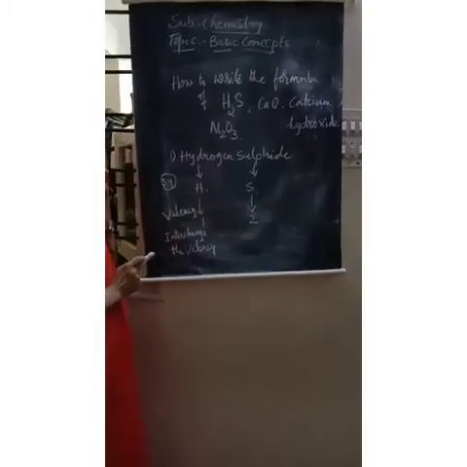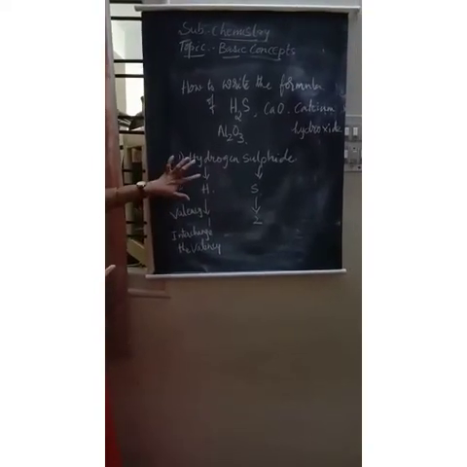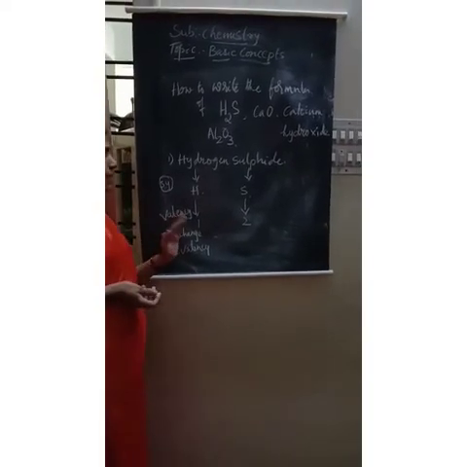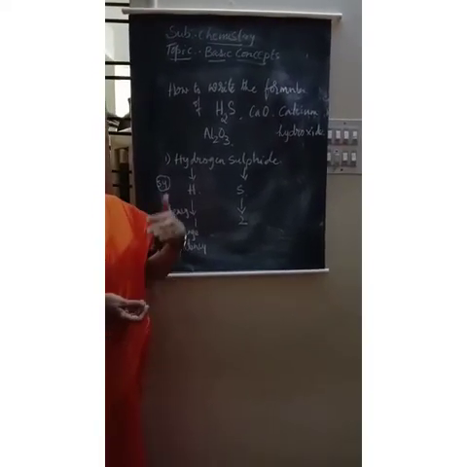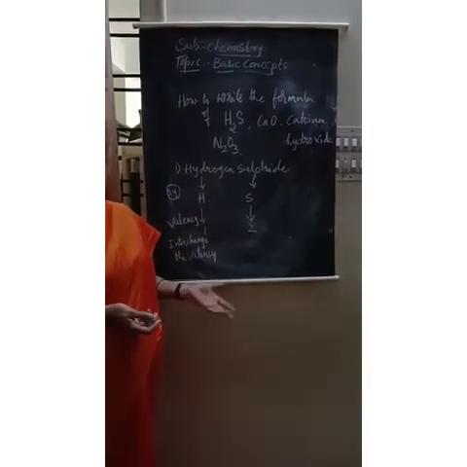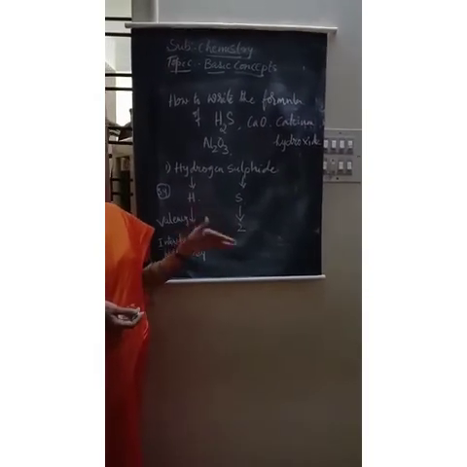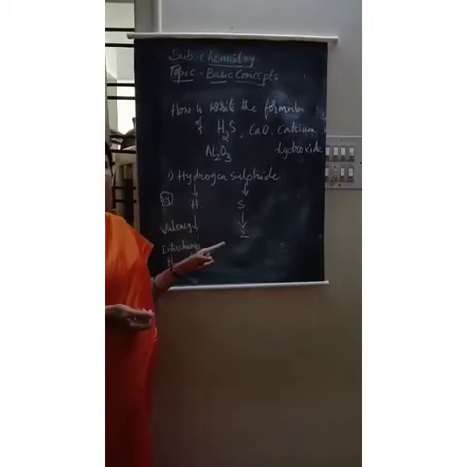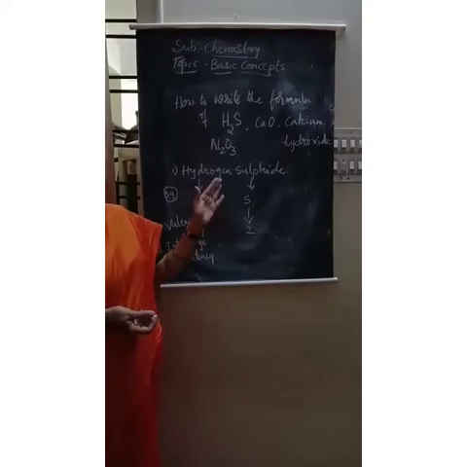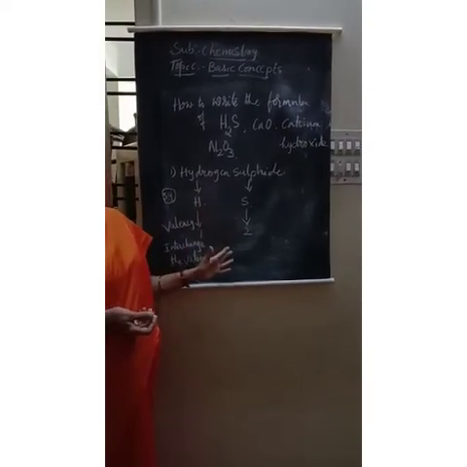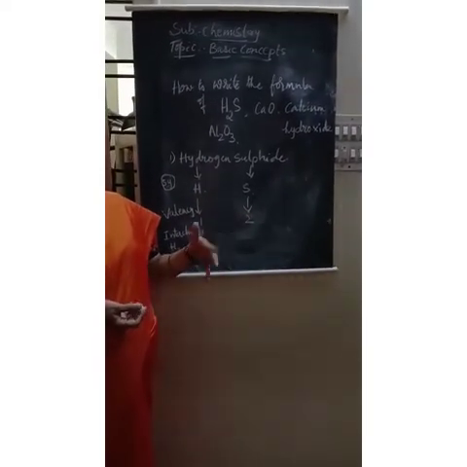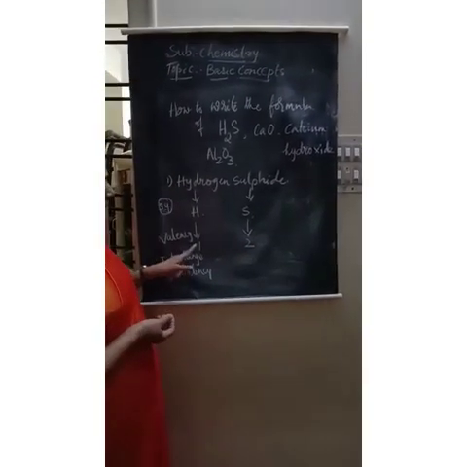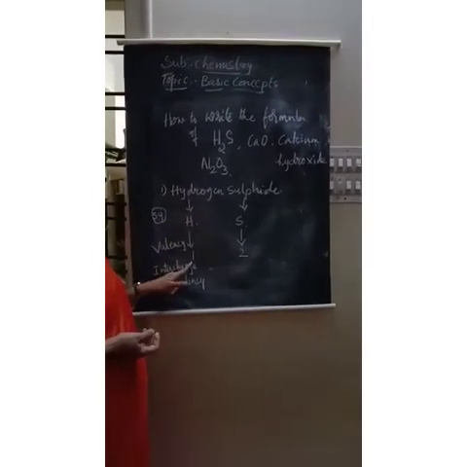Next step is valency. What is the valency of hydrogen? 1. What is valency, ma'am? Valency is nothing but the combining capacity of an atom of an element. In the previous classes I have already given the elements having one valency, the metals having two valency, positive valencies and negative valencies. Please once again go through the valencies, children.